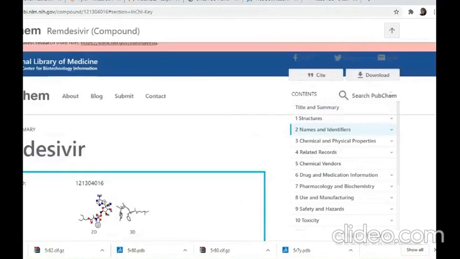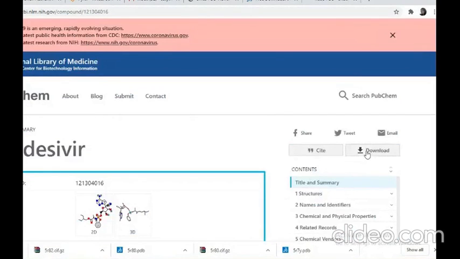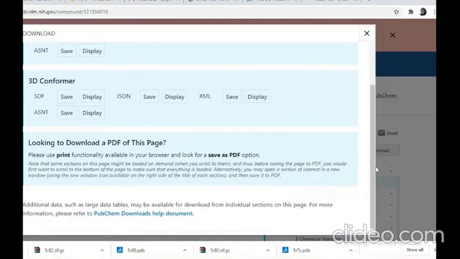But what we will do is we will try to take only the 3D structure. If you click download, you can see 3D structure. Because anyway we have to do molecular docking, even if you download a 2D structure, you have to convert it into 3D structure. So 3D conformer, save into SDF format.